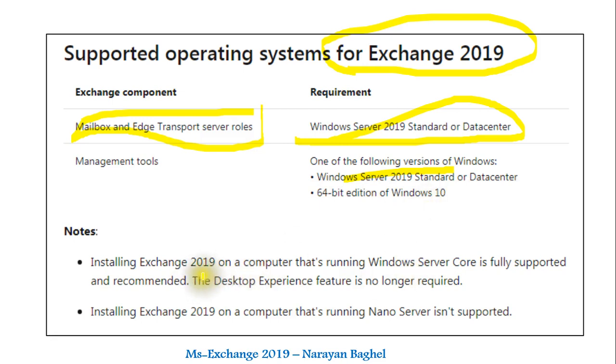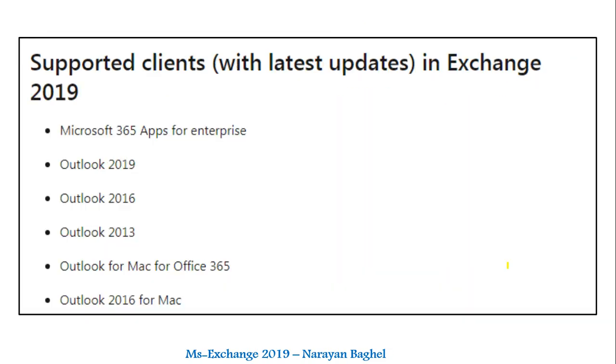You can see a couple of notes here: installing Exchange Server 2019 on a computer that is running Windows Server Core is fully supported and recommended. The desktop experience feature is no longer required. Installing Exchange Server 2019 on a computer that is running Nano Server is not supported. You should take care of these things before deploying.